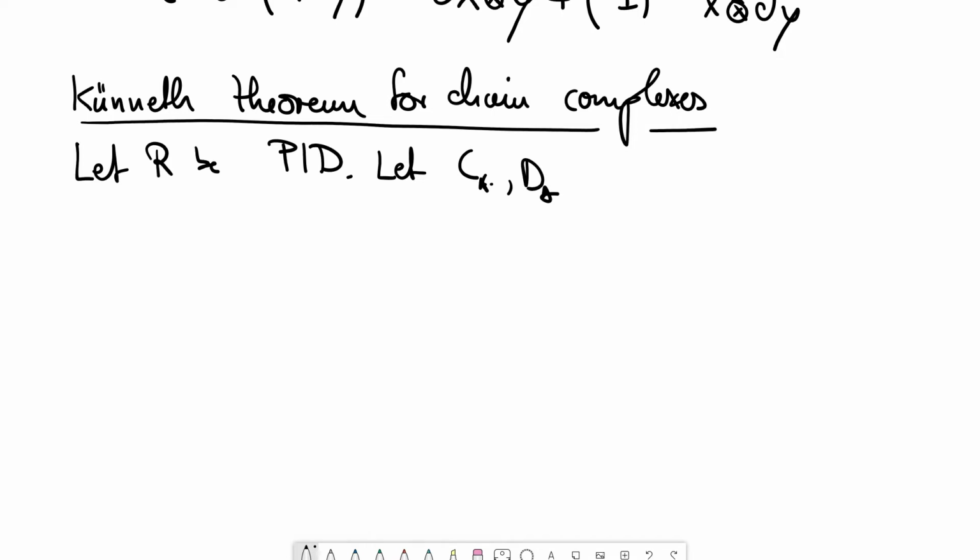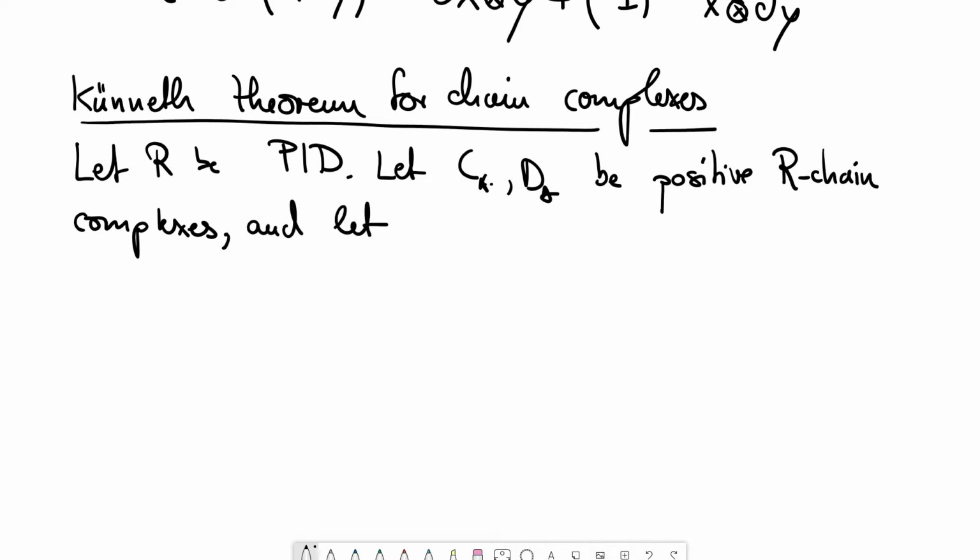And let C star and D star be what's often called positive R chain complexes, meaning that there are no non-zero chain modules in negative degrees. And furthermore, the chain modules of C star should be projective as an R module. Well, in that situation, there is a short exact sequence